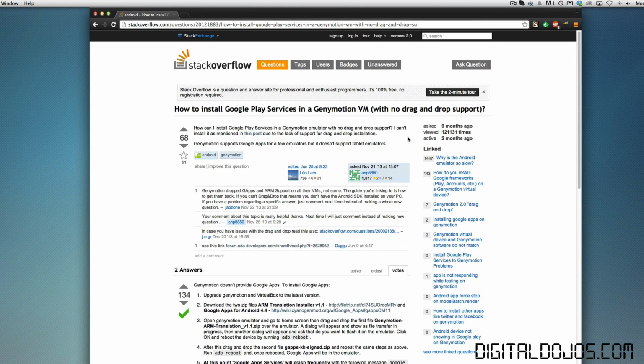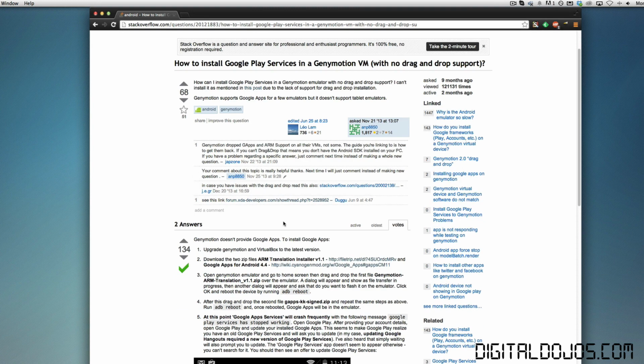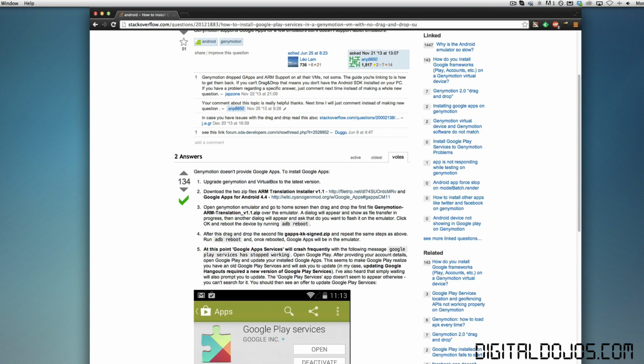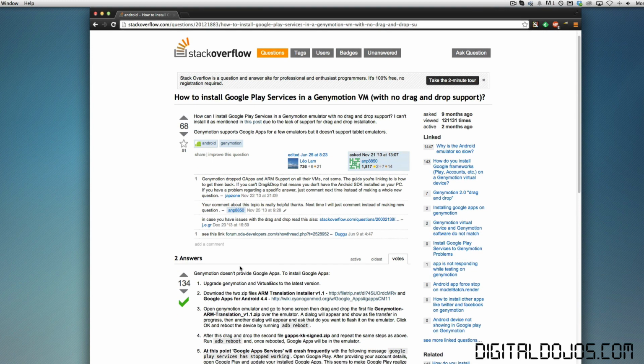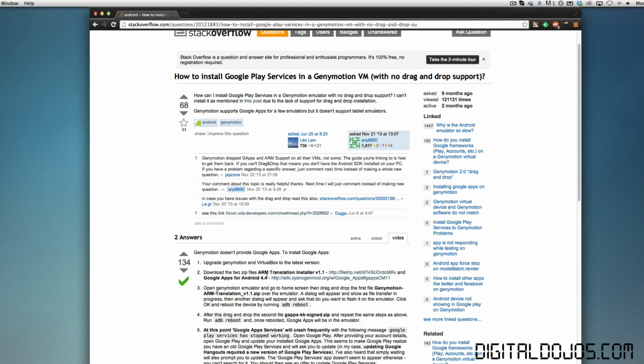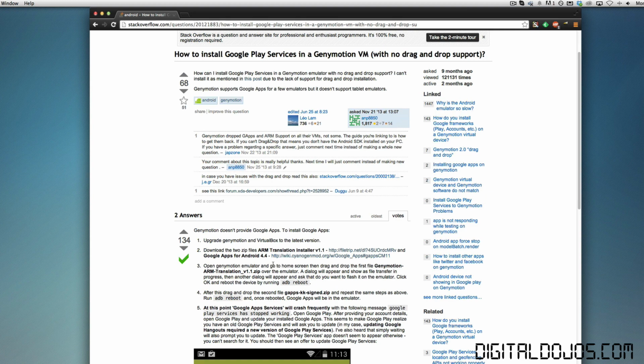And to save time, the best solution I've seen is from the Stack Overflow question here. I'm going to leave a link to this in the description below. He basically walks through how you can get Google apps to work, because the first time you install your virtual device, Google apps just aren't going to work. They aren't going to run because the virtual device isn't supported yet. You have to install the ARM translation installer, and then you need to get the Google apps for your specific